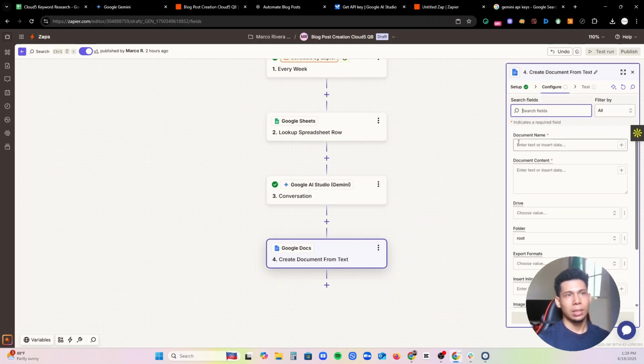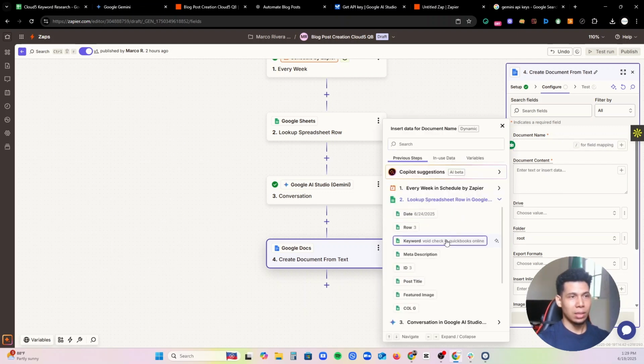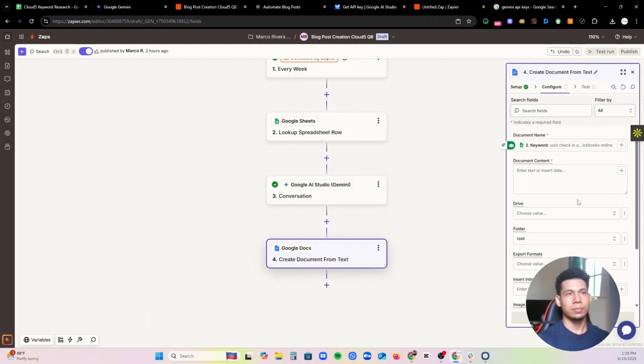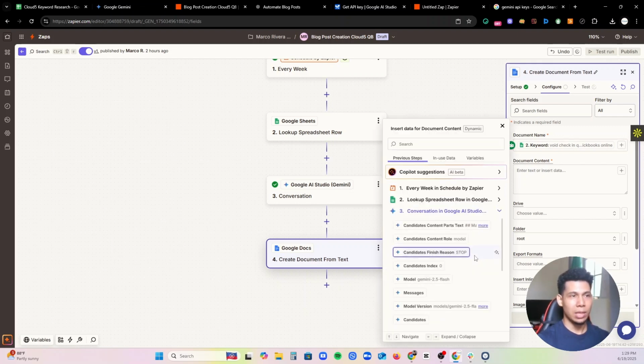Continue. Document name should be, so I recommend you using the actual keyword, so you can add it. Click on this plus button, go ahead to the spreadsheet and click on the keyword, and that's how the document is going to be called. What about the content of the document? Go ahead and click on the plus button again, and in that specific box, select the conversation in Google AI Studio, and you will see this option that actually says candidates content parts text. Select that one,